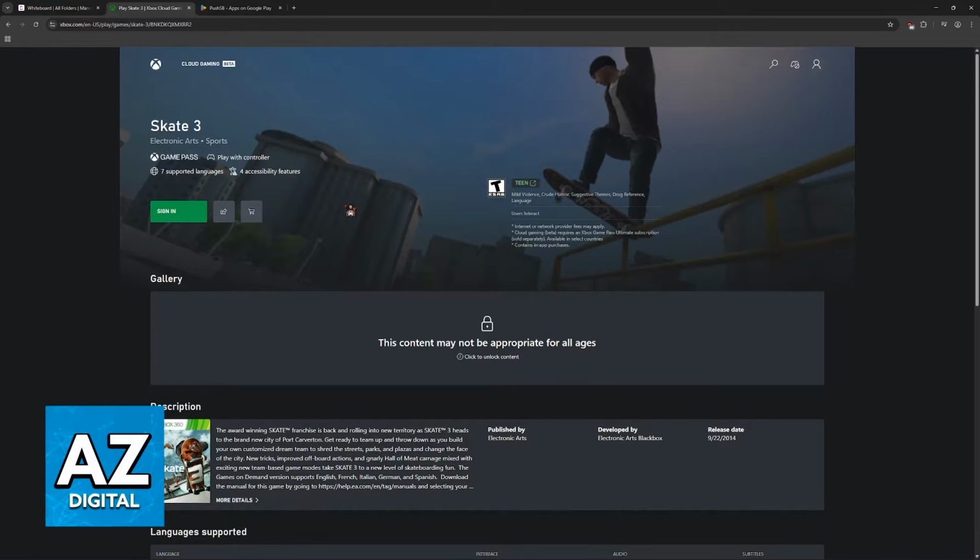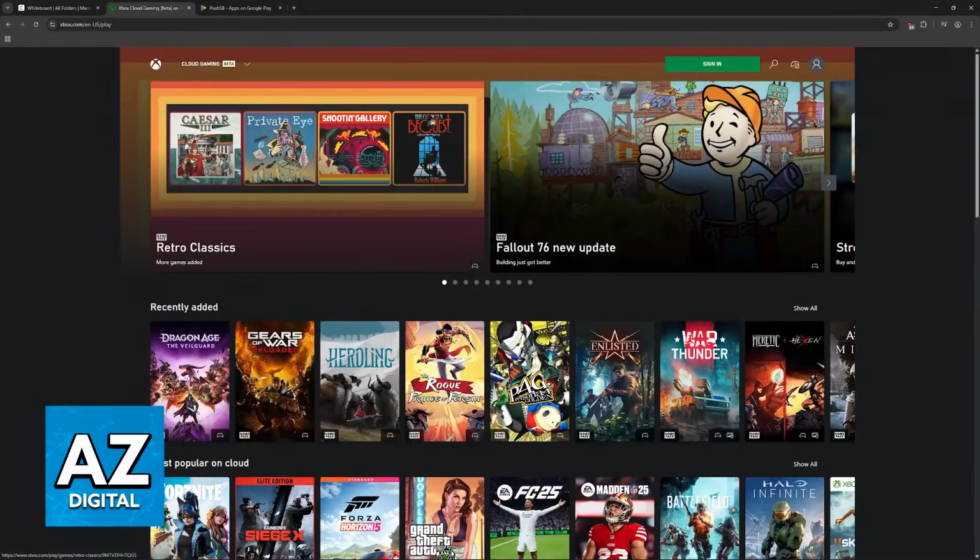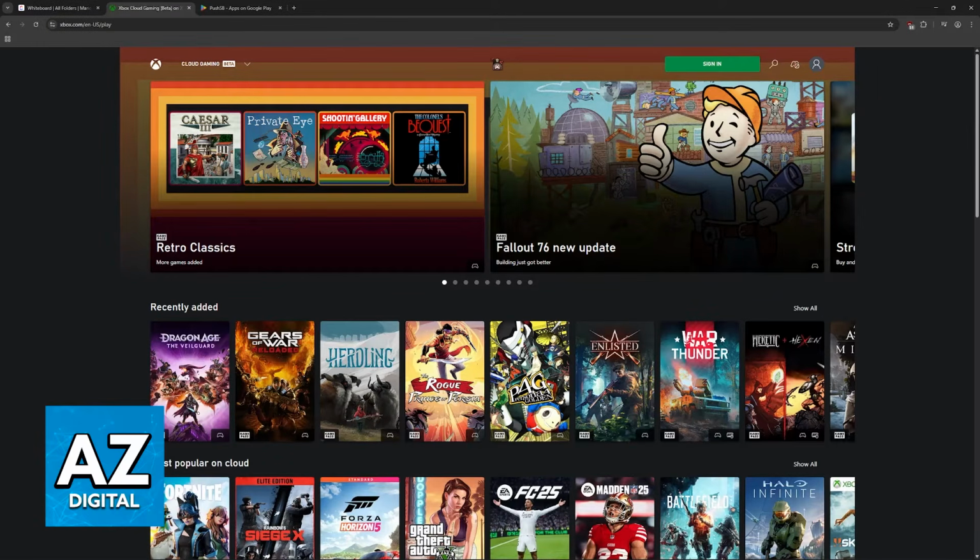So there are essentially three ways that I want to showcase. The one that I would recommend is going to be by using Xbox Cloud Gaming. If you have never heard about cloud gaming services, basically the game will be running on Microsoft's computer in this case, or someone else's, depending if you choose another service like Amazon Luna, GeForce Now, and so on. And it is going to be streamed over to your device, and this works on mobile devices as well.